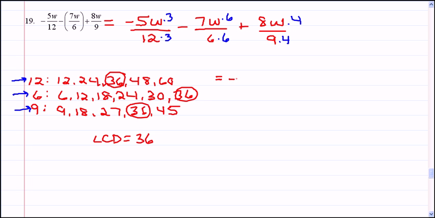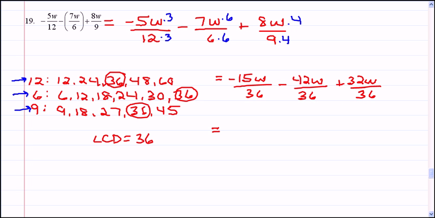And when I take negative 5w times 3, I get negative 15w over 36 minus 42w over 36 plus 32w over 36. And I've changed all of my denominators into a 36, and now I can write one fraction